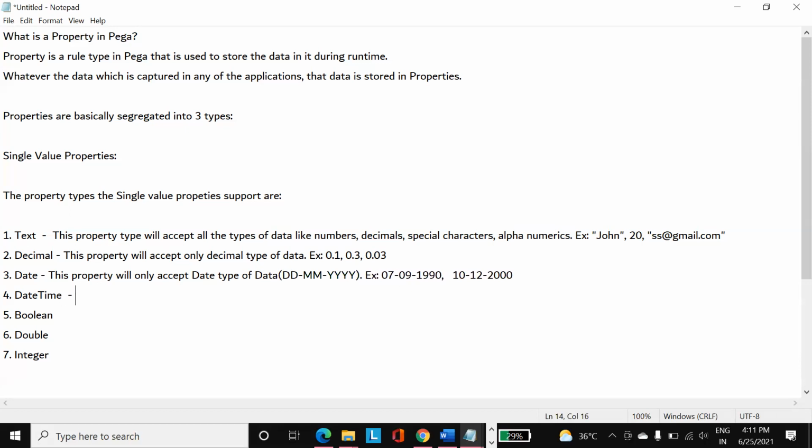And next, coming to datetime type. This property type will accept the timestamp values. The timestamp values are nothing but the date and the time combination. So date plus time gives the timestamp.